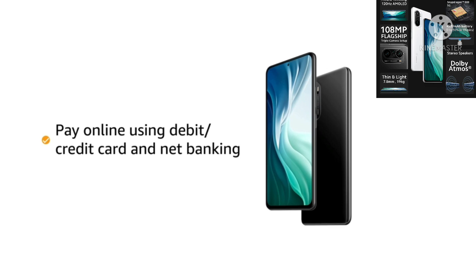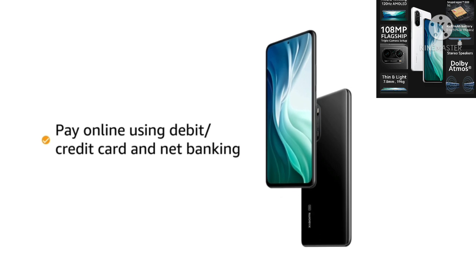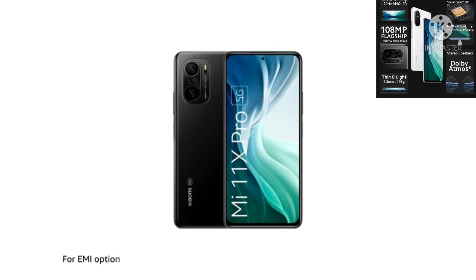Pay online using debit or credit card and net banking. For EMI options, replacement